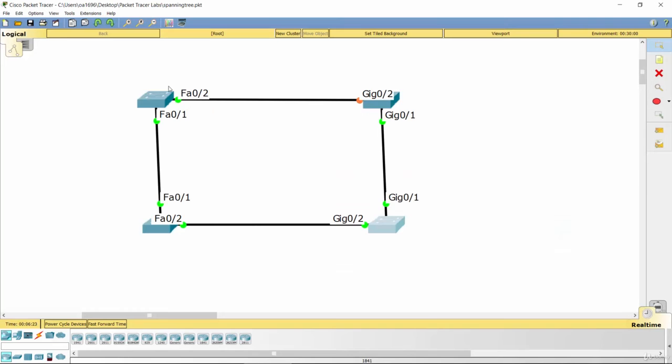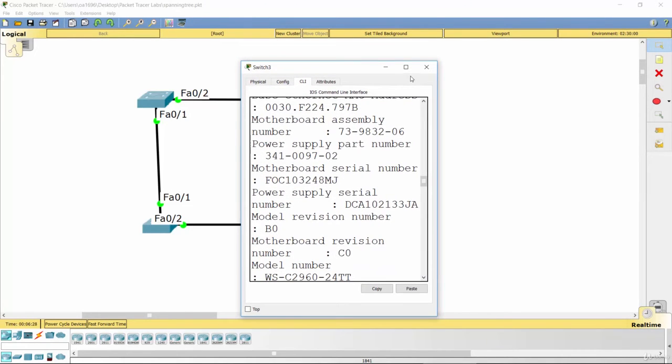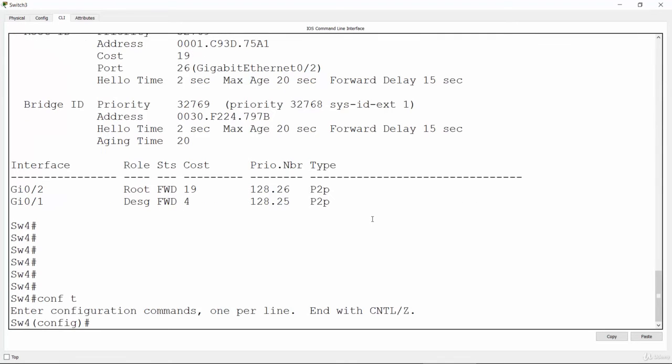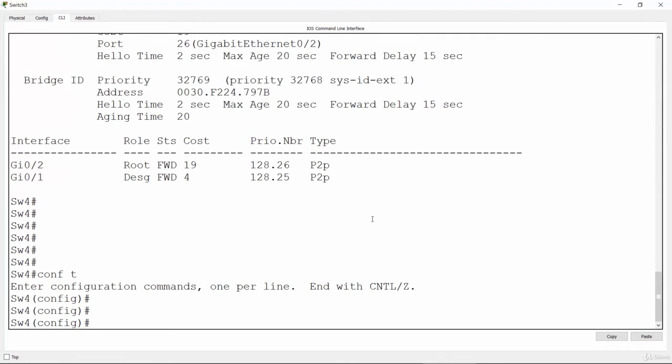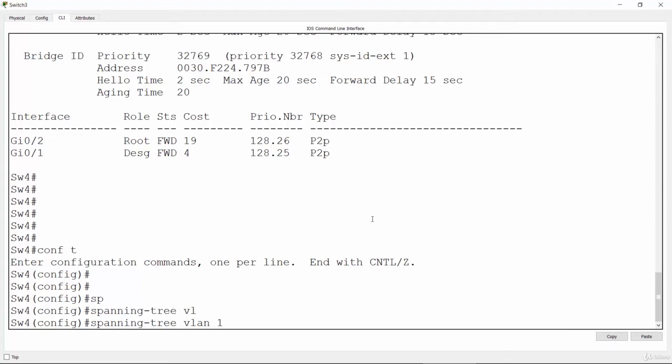So I'm gonna make switch 4 my root bridge now by changing the priority value. Config spanning tree for VLAN1,